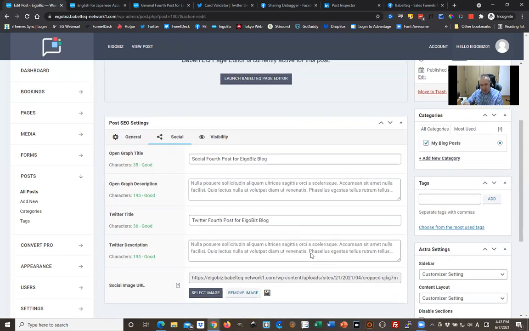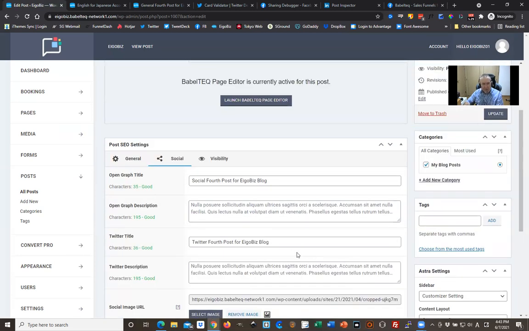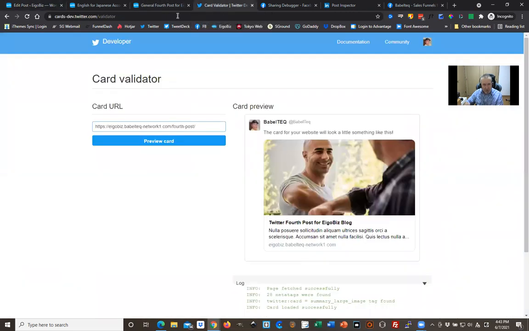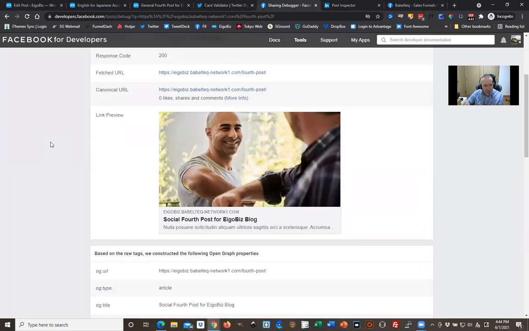And then, how does all this fit together on the social media platforms? Well, we can test them. We can check how it's going to look. Twitter has a URL called card-dev.twitter.com/validator. So we can input the URL, preview the card, and we can see what it's going to look like. So we can see that this is in fact going to use the Twitter title, the Twitter description, and that custom image. Facebook has something similar,